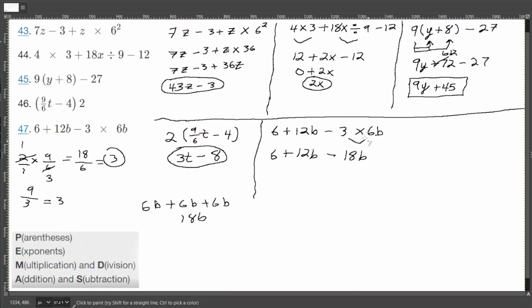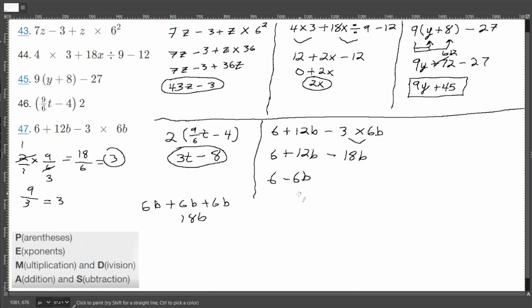So multiply and divide, y'all still do what you can do with these, and then you just carry along the variable. So now we have this 6. Well, we're going to get a negative number here. We have 12 subtracting 18, so that means taking more than I have, so that's going to be negative